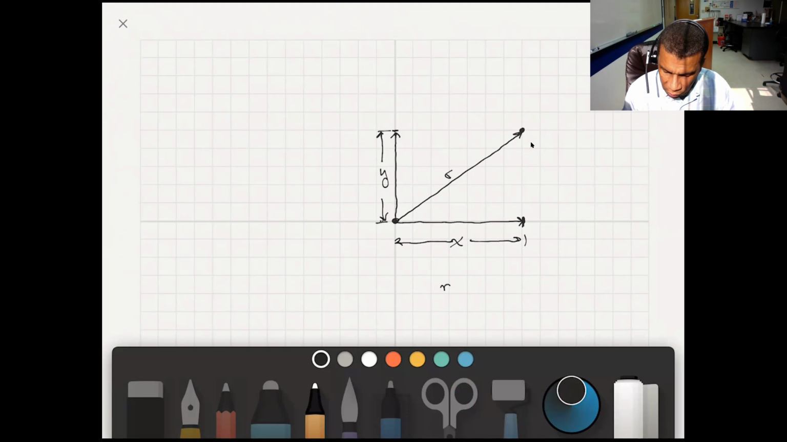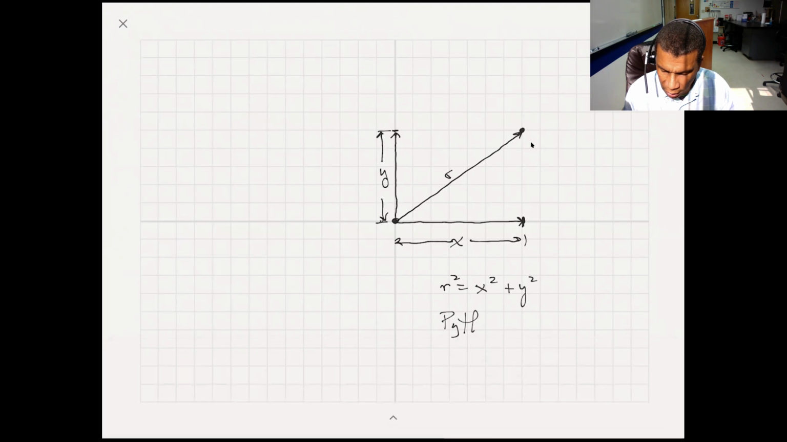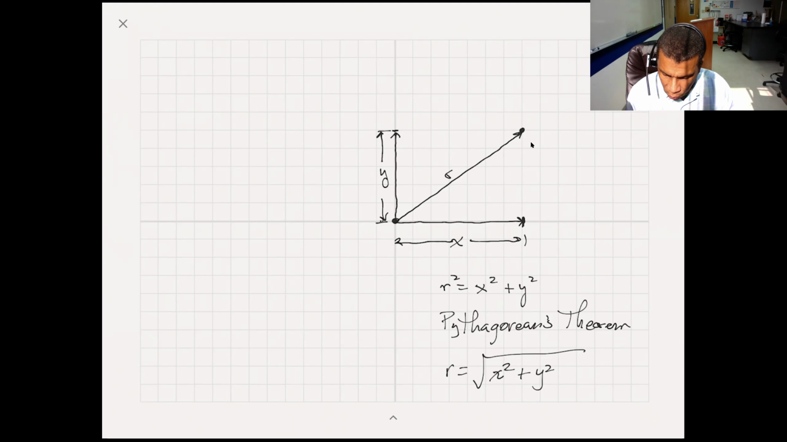So r squared is equal to x squared plus y squared. This is Pythagoras' theorem. So Pythagorean theorem. All right. So if we're going to solve for r, we need to do the square root of x squared plus y squared. So when I write that the radius